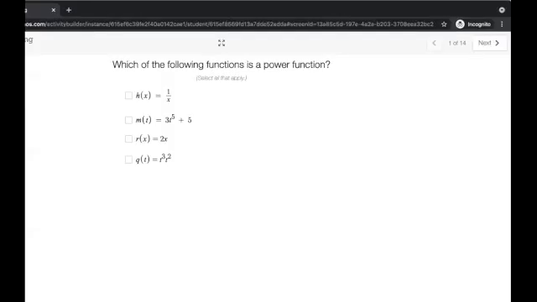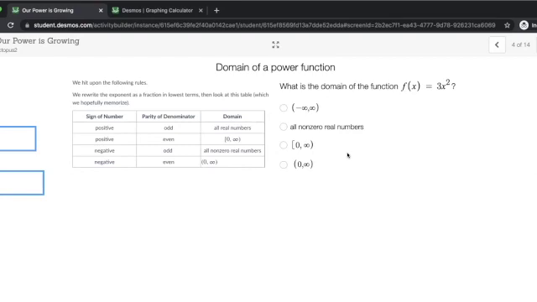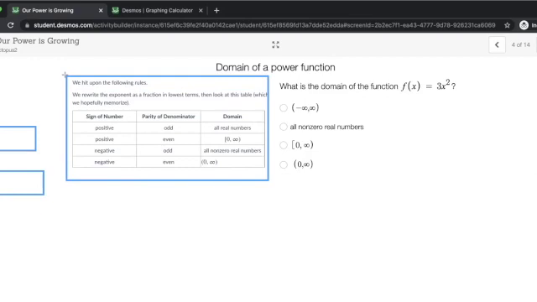Derivative was, and I didn't know how to do it analytically, I could use my computer for that. So we talked about this and we came up with this rule. We have to write the exponent in lowest terms and then look at the table. So we're going to track by whether the sign of the fraction is positive or negative and whether the denominator